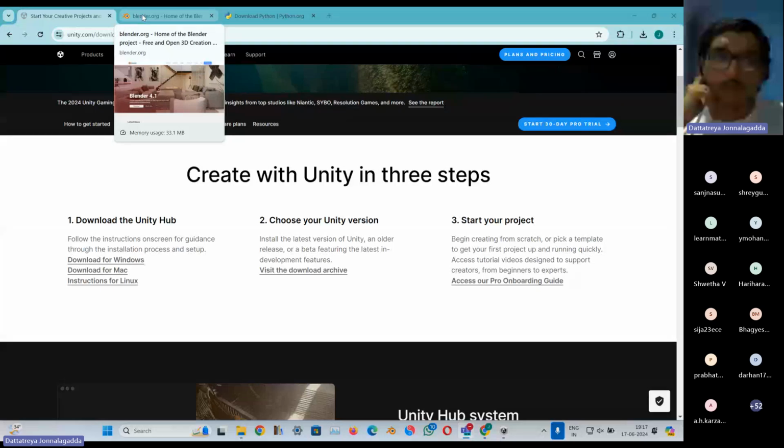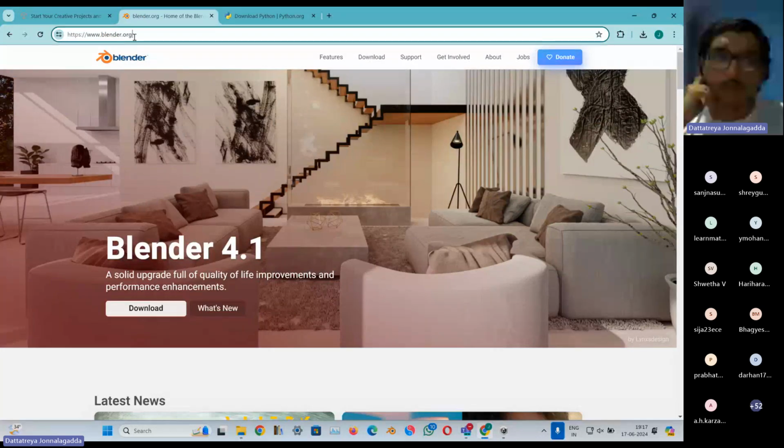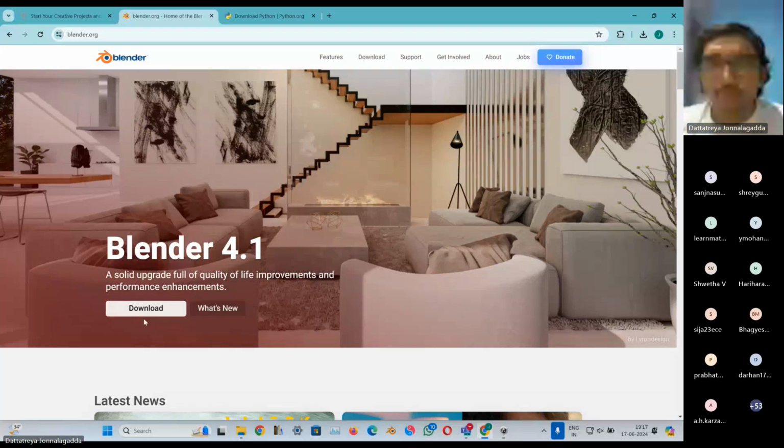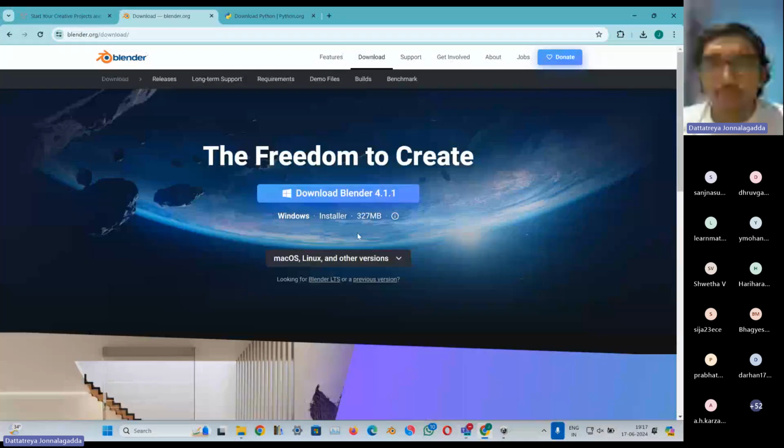Blender is again straightforward. Go to blender.org, not blender.com. Just click download. My internet is a bit slow. If you click download Blender, the Windows installer will start downloading. And then it's simply following the steps in the installer. There's nothing else that you need to set up. And once you install Blender,